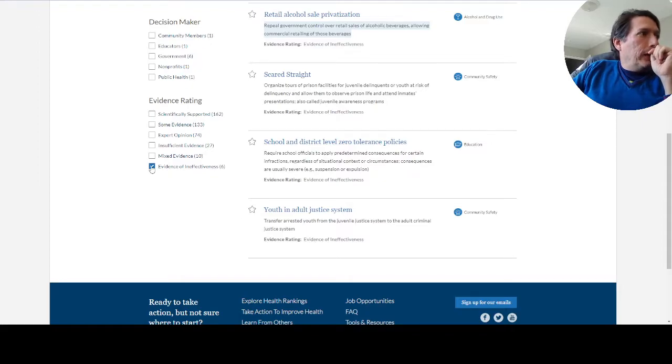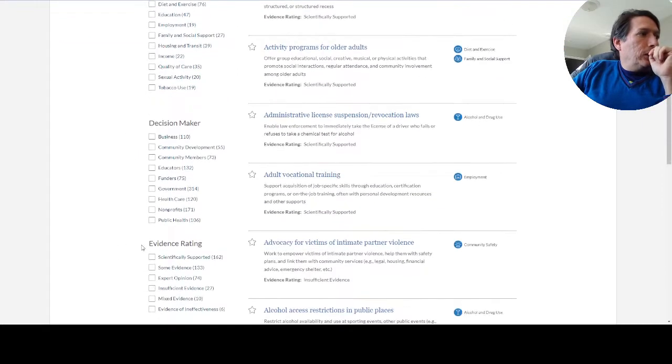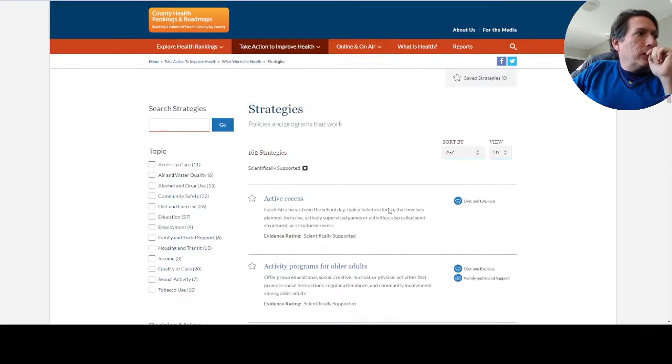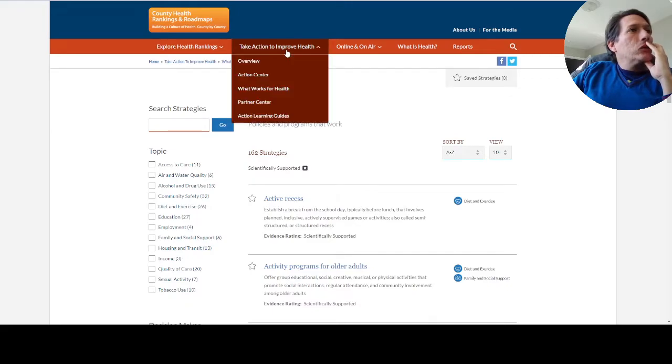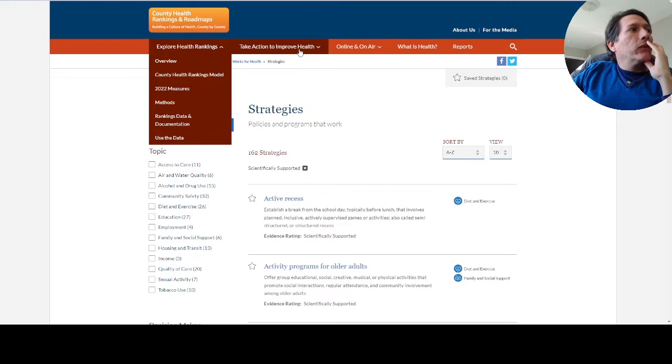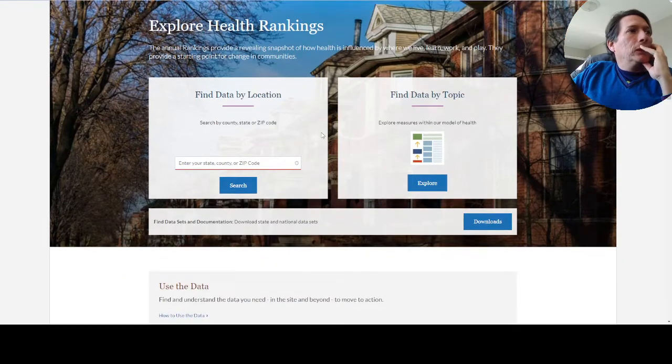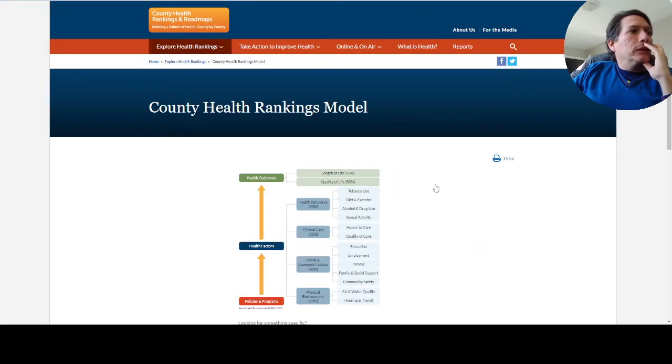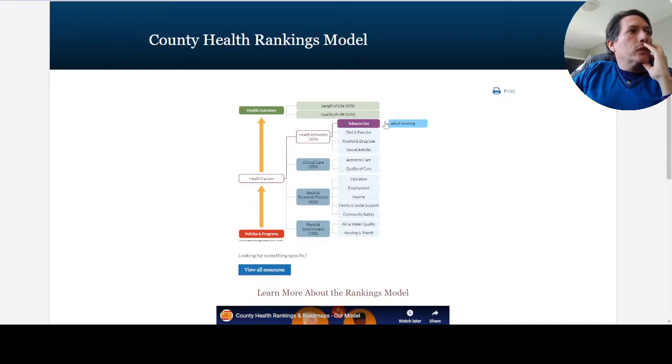And different elements or others that are really scientifically supported. Then you can start looking into different levels of interventions and actions, and different levels of evidence that apply for a particular community. And then you can explore, for example,